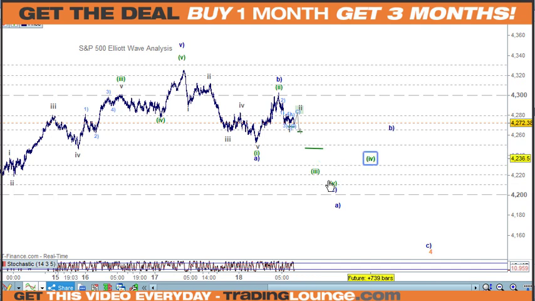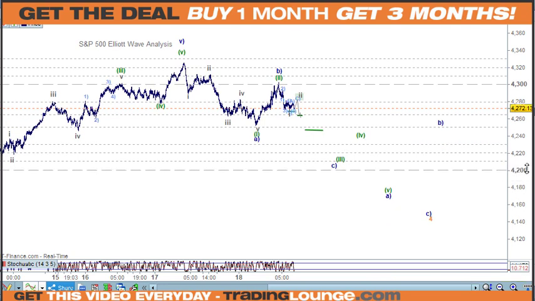Put this over here a little bit more for wave 4. All of this here will be 1, 2, 3, 4, 5 for the third wave here, the fourth wave here, and then the fifth wave coming down here for the A wave, and then the B wave over here back in 3 waves. So really trading to this number here is pretty much the good thing to do, and then we just wait for a rally and we'll try to figure out that rally. And the rally, if it is going to be a B wave, it could be something like this.